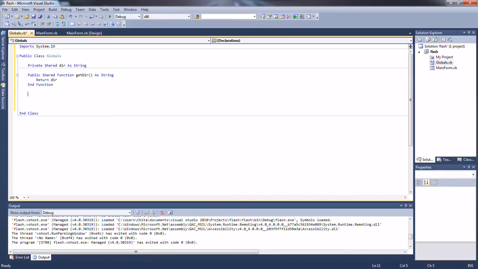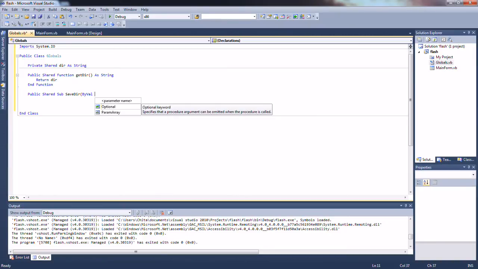Alright, now let's make a sub to handle the save of the location. So what we're going to do is, what's wrong with my typing today? Public shared sub, and that'll be saveDir. And we're going to need a parameter here, ByVal location as string,